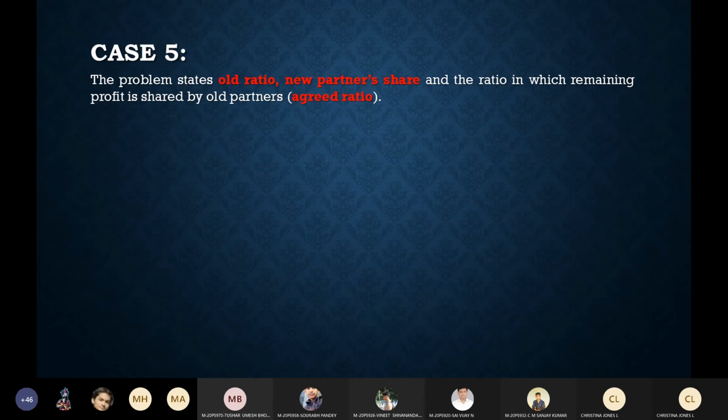Okay, last case, a little complicated, a little extra calculations you'll have to do and a little bit of assumptions to be done. Now what they're going to do here is they will give you the old ratio in the question and they'll give you the new partner share and they'll tell you how to share the remaining share after giving the new partner. Now let's say for example,